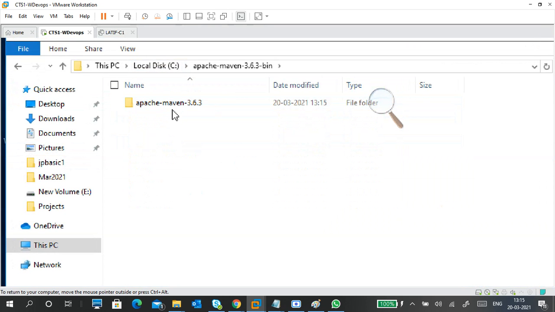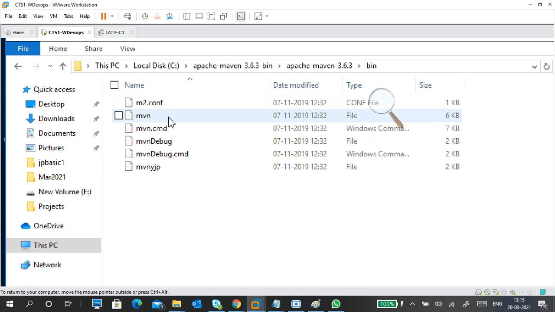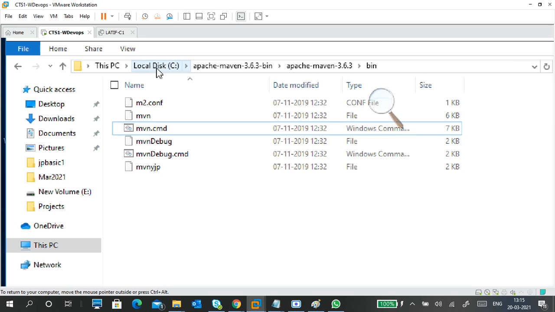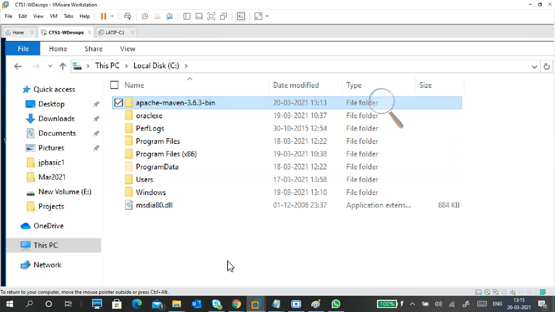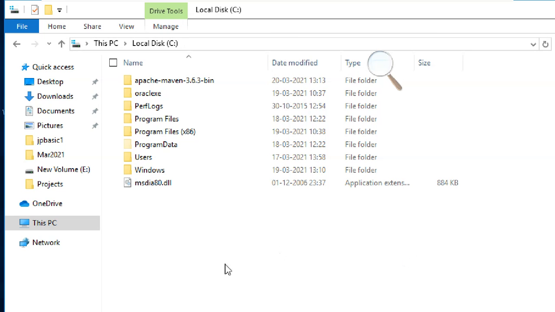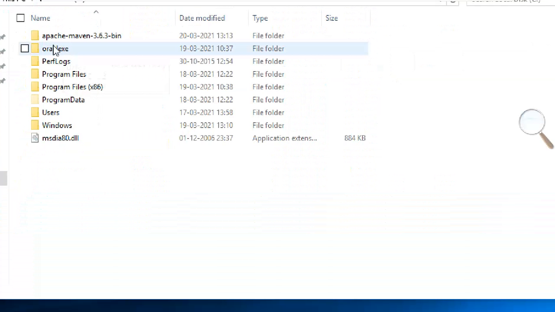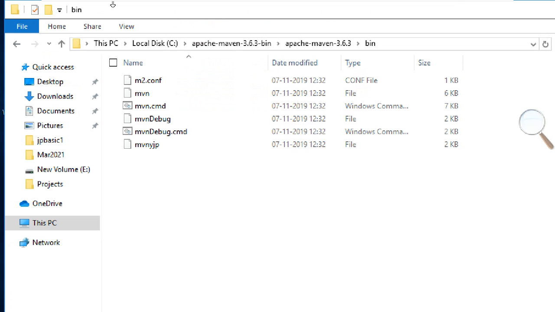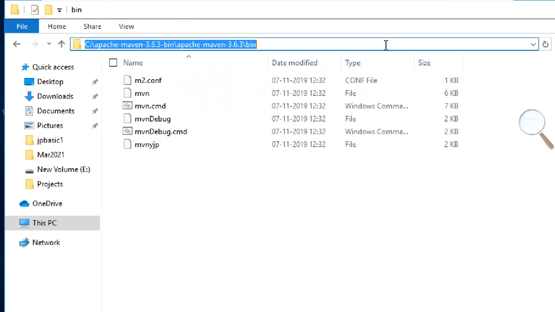Okay, so this is the Maven location, the bin folder. This is the mvn cmd and the config. But the problem with this one is, to work with Maven, we don't have environment variables. So we have to tell our system to create environment variables. There is no installation, you just have to tell it this is your home path.